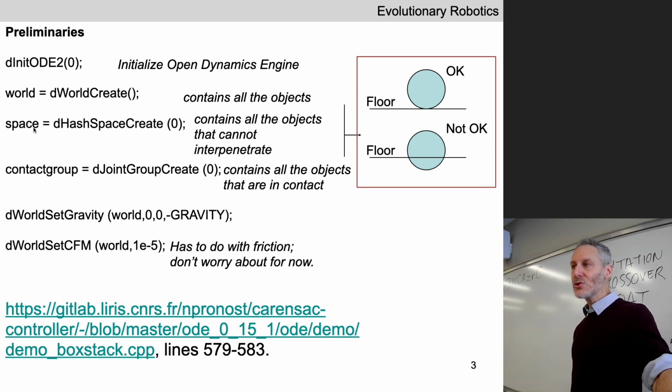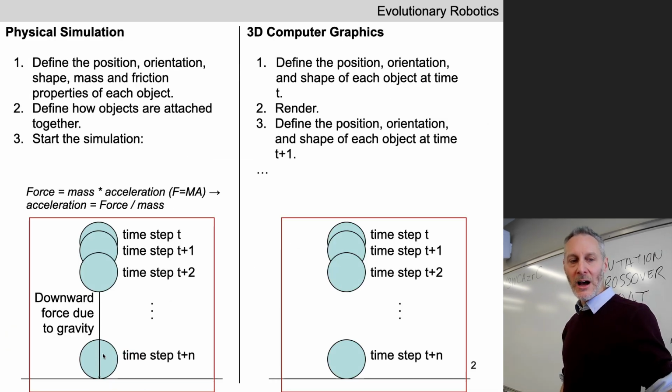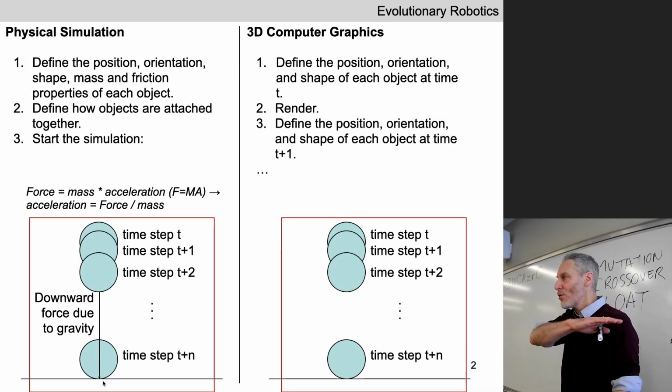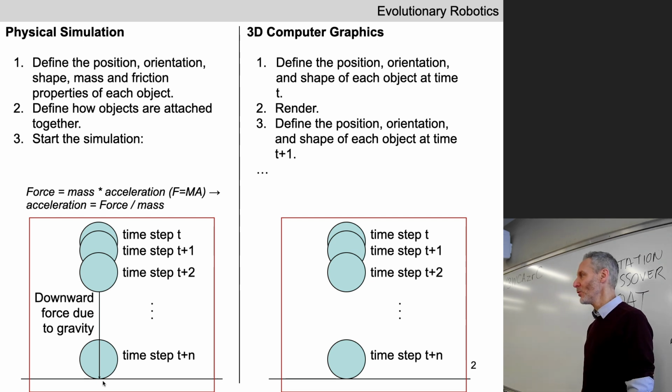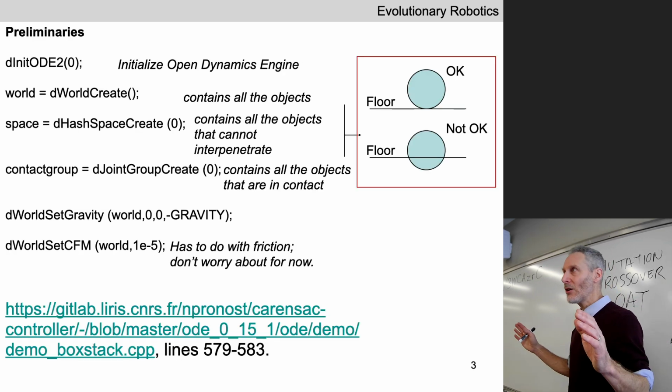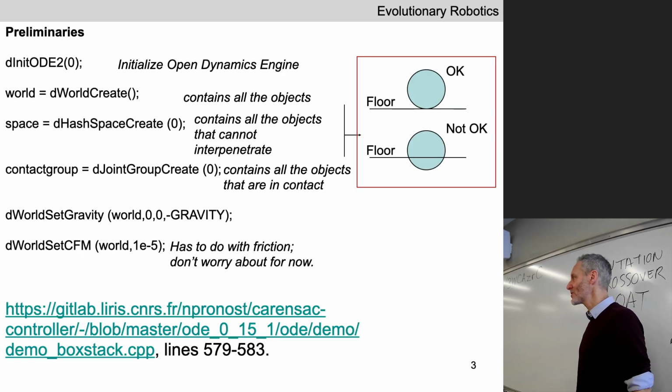We also usually need to create something that tells the physics engine all of the objects that cannot interpenetrate. Like, for example, this object and this object, which is the floor. These two things cannot pass through one another. We'll see in a moment that there are objects that can interpenetrate or pass through one another,